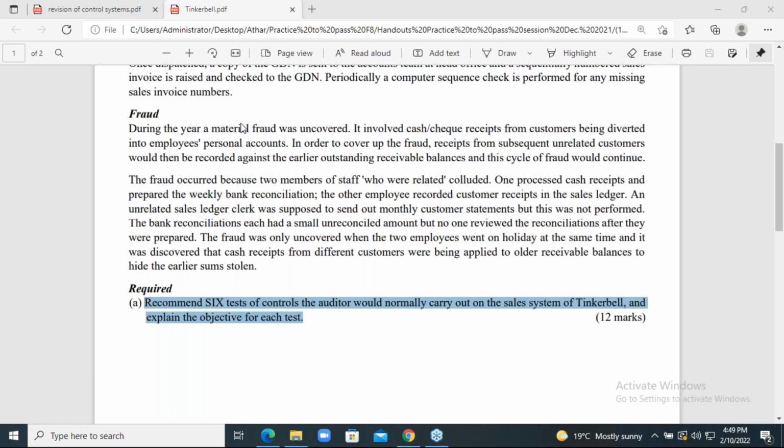If you don't know the way you are going to achieve your audit objectives, how you are going to read the book and what questions you are going to attempt for the coming 25 days,